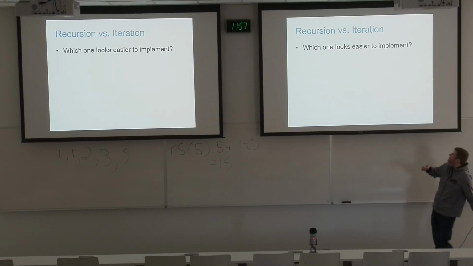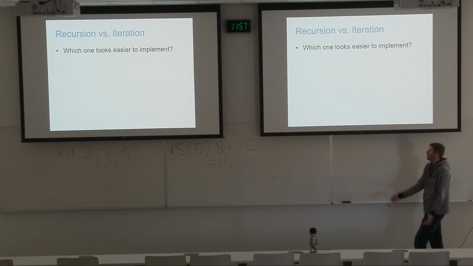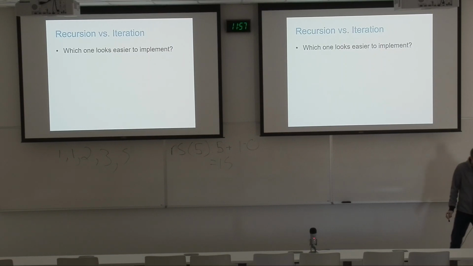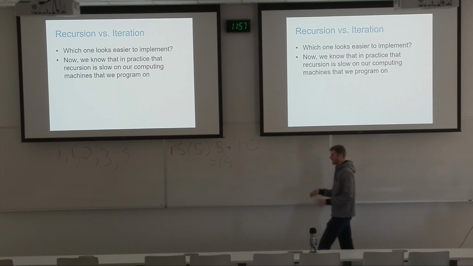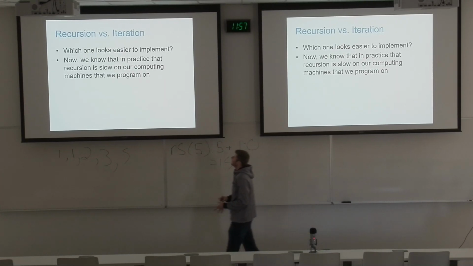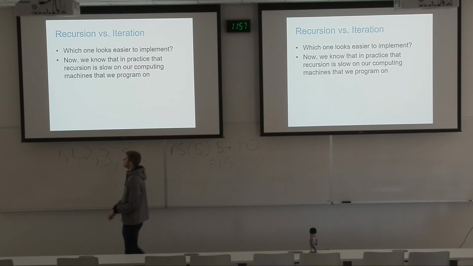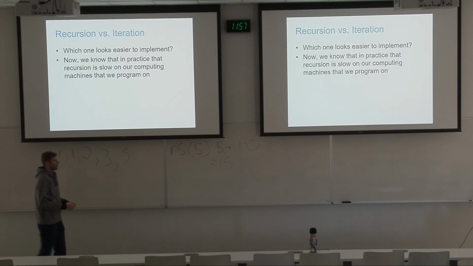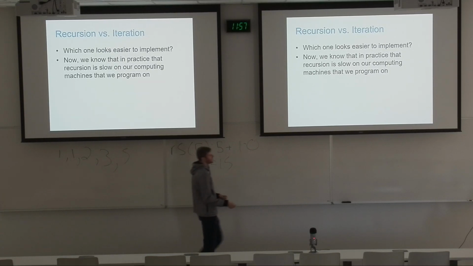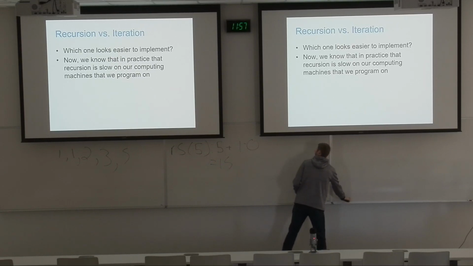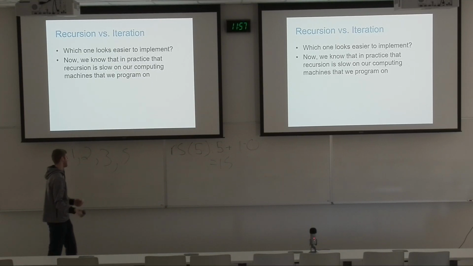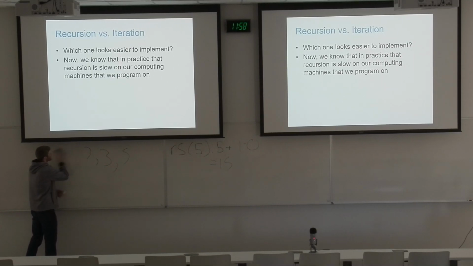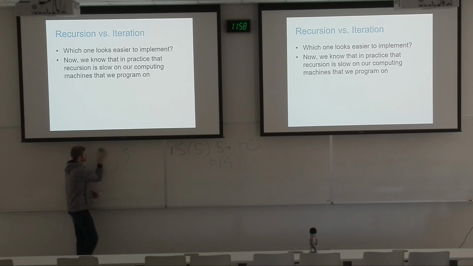So, which looks easier to implement? Obviously the recursive one. It's like 4 or 5 lines of code. Now, here's the thing. We know that in practice, as I just said, recursion is slow on our computing machines. By nature of how those were designed, they're slow. So on one hand, we already know that it's prettier, but it's going to be a little bit slower,